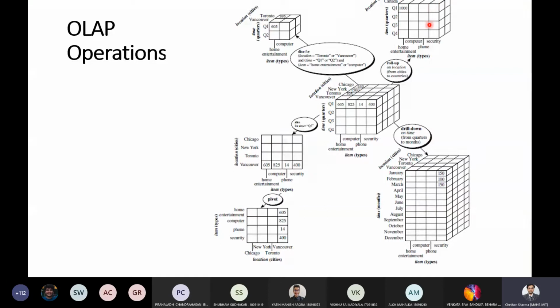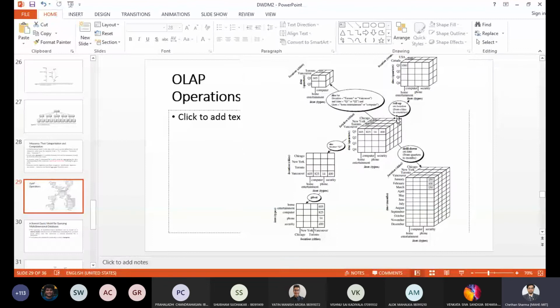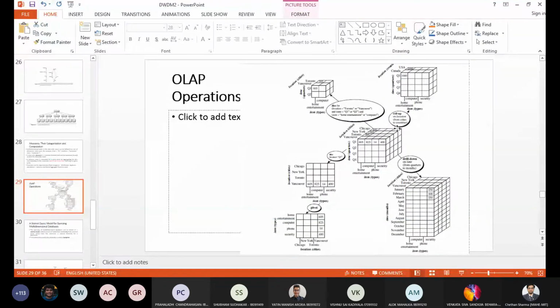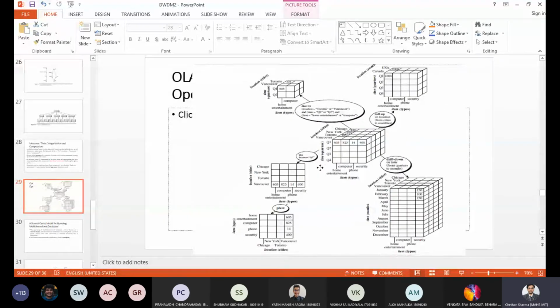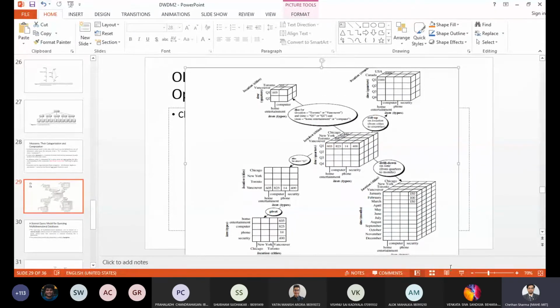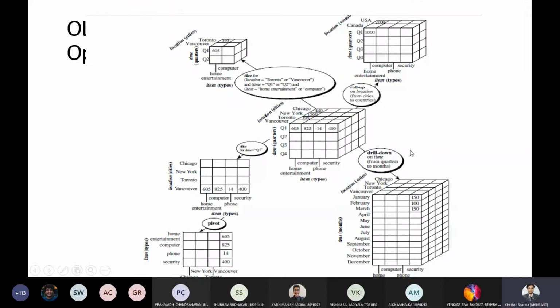Okay, sorry, my bad. I think the visible thing is not visible. Anyways, if you see this particular cube, let me just change that. Is this visible now? I have removed the presentation slide. Okay, now just concentrate on this particular